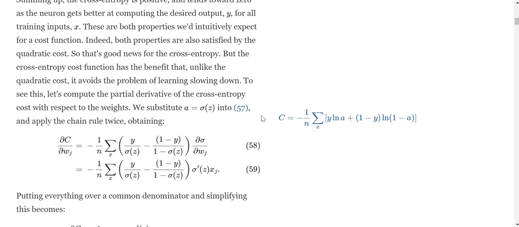When you take the derivative of the natural log, say if you have ln x and you take the derivative with respect to x, then you get 1 over x. So the derivative of ln a with respect to a would be 1 over a, and 1 over a is essentially sigmoid of z, and then you will take the derivative with respect to the particular weight of the sigmoid, so you will get this term in both of these. And if you take the derivative here, again you will get 1 minus y upon 1 minus sigmoid of z, and the negative sign because you have a negative a, and then you can take this term common from both of them.